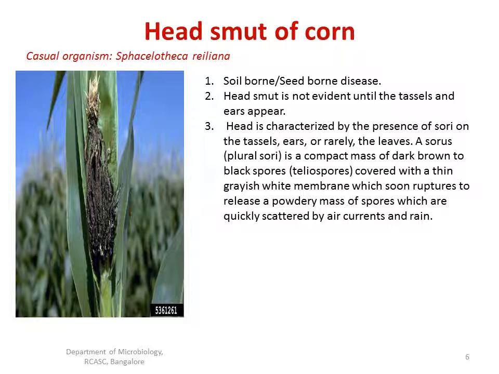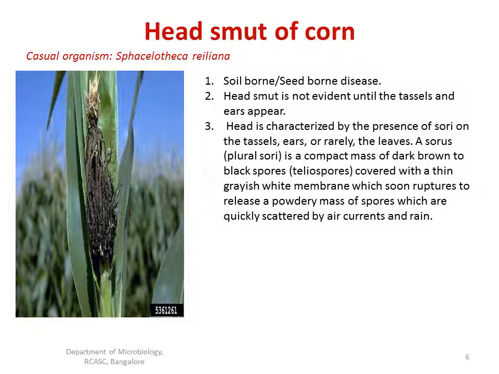We can see such black spores or teleospores covered by a thin grayish membrane, and this grayish membrane soon ruptures to release a powdery mass of spores, which are quickly scattered by